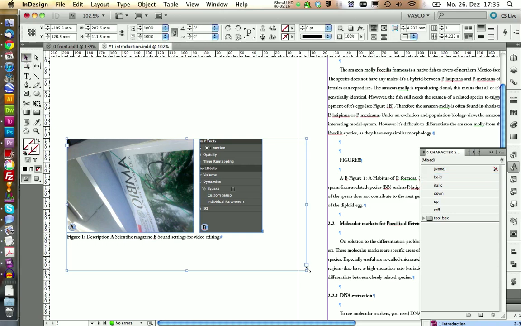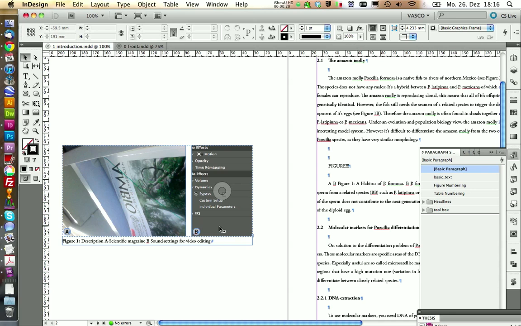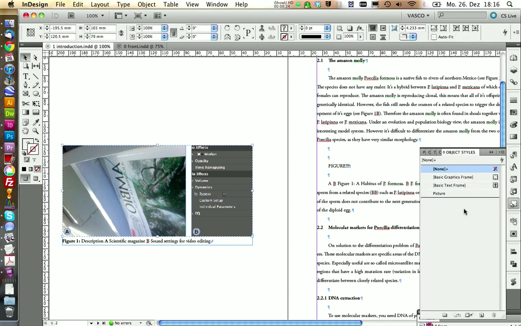Then we need to reduce the size of our frame here and make it snap to the border of the picture. Let's see how wide this one is, and we just set the same width for our text frame as well. Next we're going to select the picture inside our text frame and we're going to assign this object style, it's called picture, to the picture itself, and this will decrease the spacing between the picture and the figure.